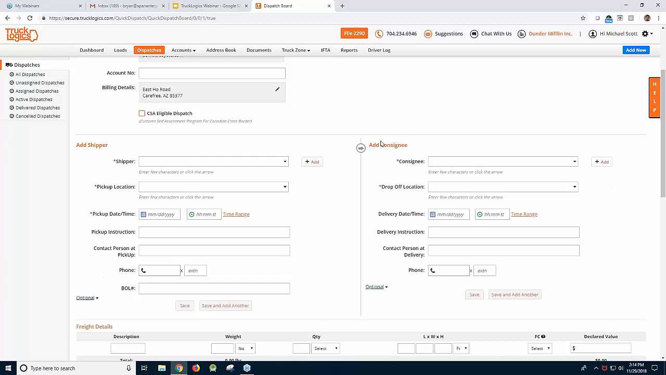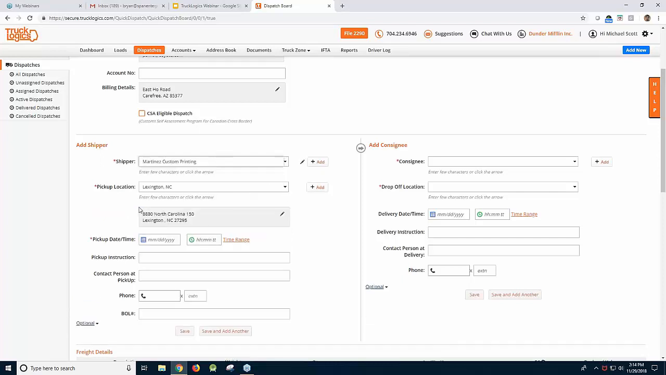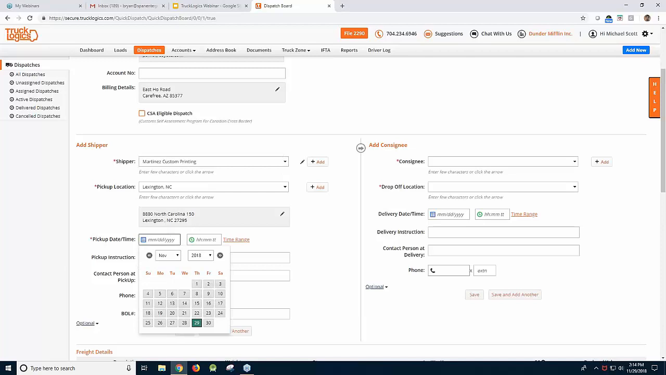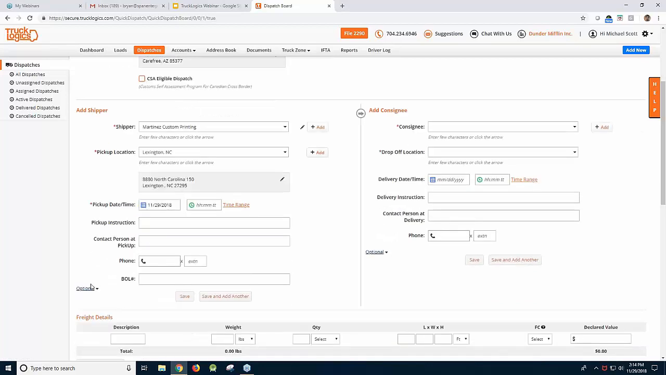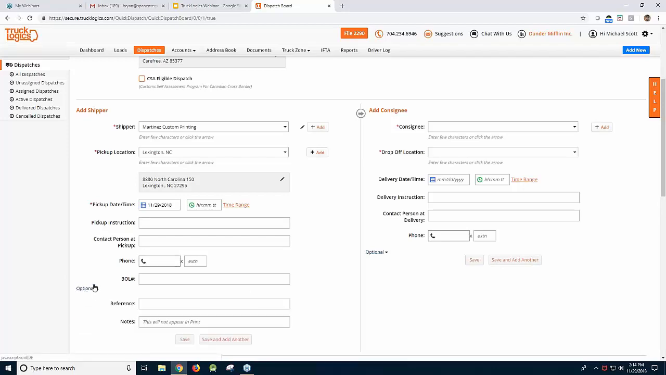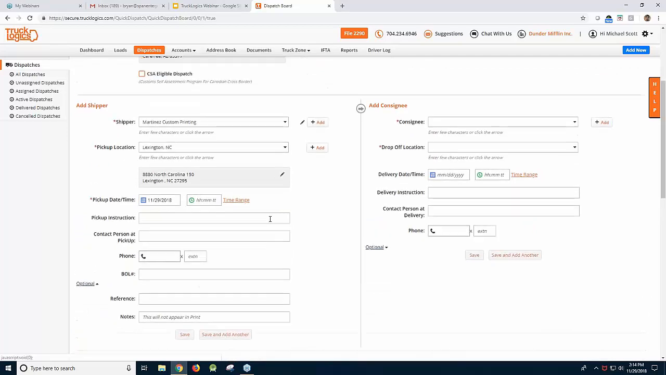And then down here, shipper and consignee is where we're picking up and dropping off. I already have some locations saved here, which makes it easy. Anytime you add a new contact, it's saved, so next time you don't have to re-add their address and their information. Down here is just pickup instructions. So anything you would want to share with the driver, BOL number, contact information, any notes or reference numbers,